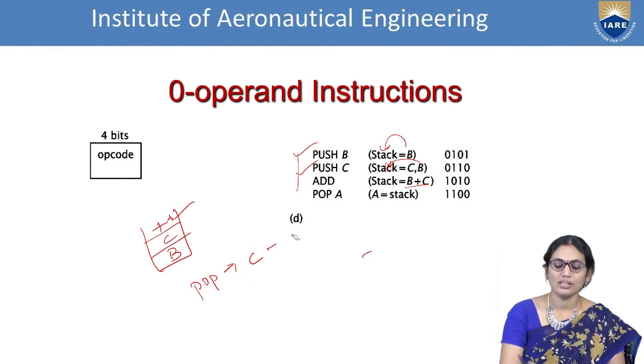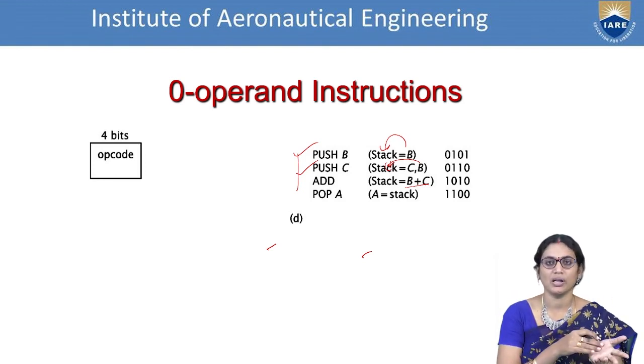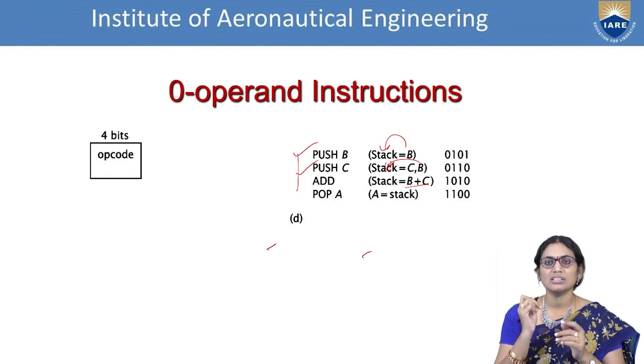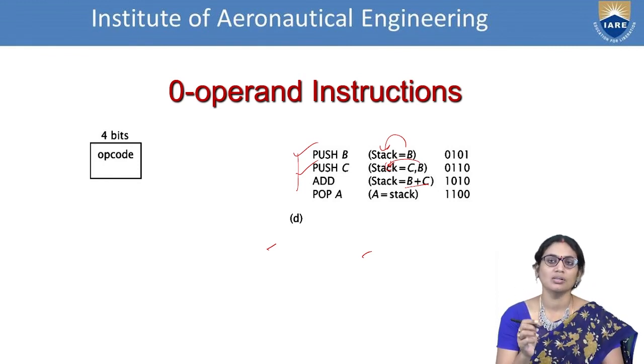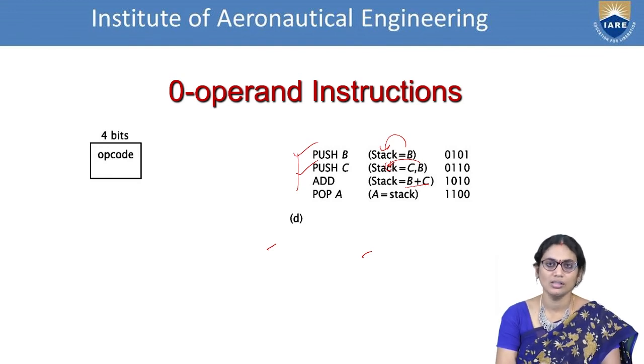So why do we require this kind of instruction set? Why do we require this kind of instruction format? It depends on the design model of a computer. Somebody can design the pen like this. Somebody can design the pen in different formats. Somebody can design the pen with a single refill format, or with a very slim format. The nib of the pen will be different. The pen format will be different. That means the design process is the basic concern for any computer to handle the task.